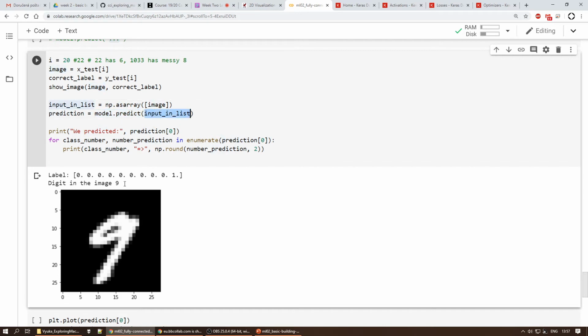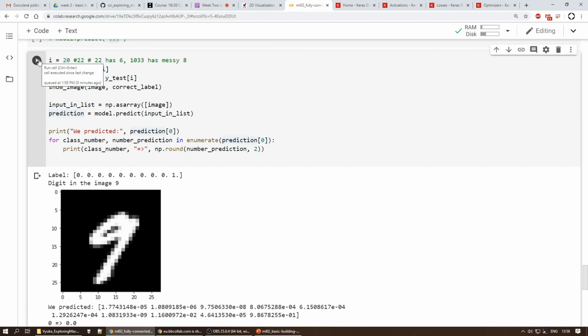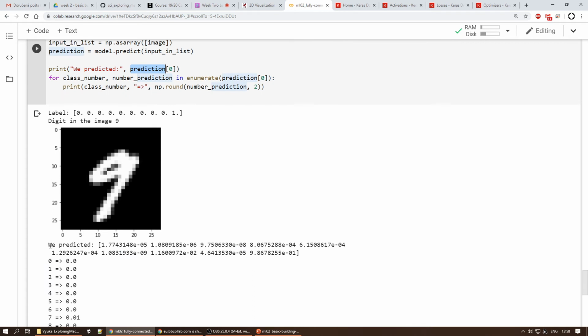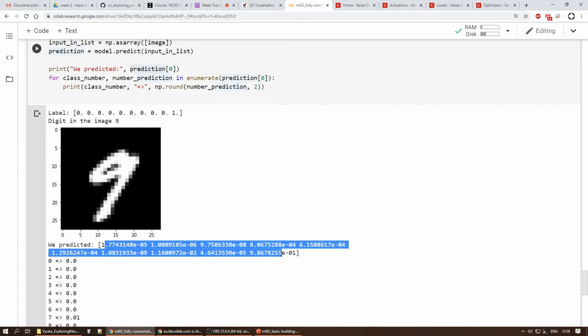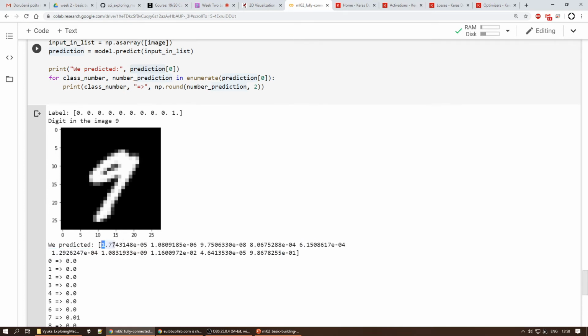So the model is predicting from this list of numbers, and it will give us a list of predictions. Because we gave it just one item, we will look at just the first prediction, and we want to see what that gives us back. So let's see. This line, we predicted something, is basically this output. So it tells us we predicted, and this whole thing is the vector, which is the 10 numbers that we expect at the end of the model. So it's like, I'm not saying probability because it's not probability, but this is what the model thinks,